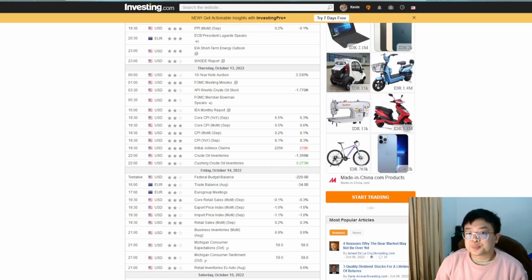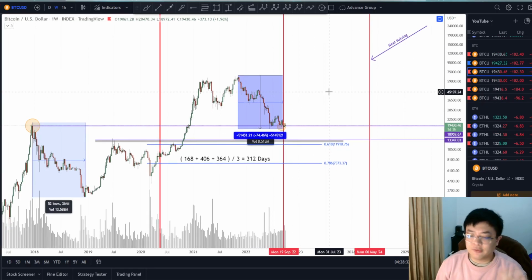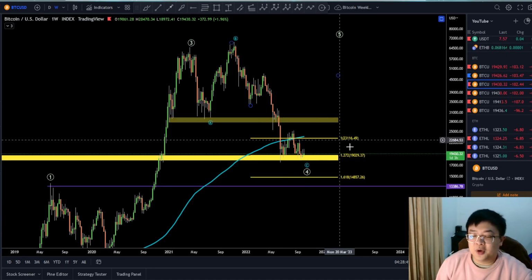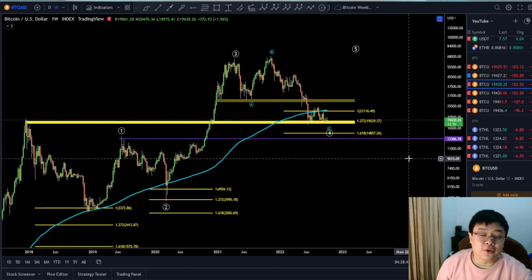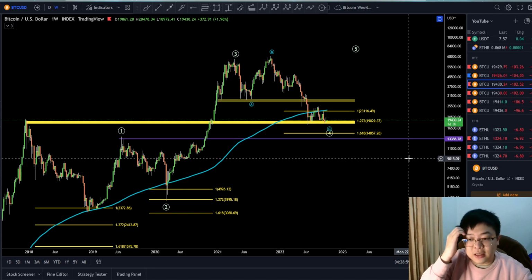All right, so that's one of the very important aspects that I think we have to know for the very first analysis. And then the next one I'm using is Elliott Wave theory. Basically, I'm using this Elliott Wave theory for my higher time frame analysis, such as daily or weekly time frame. And I'm thinking that right now we are still in the corrective phase of wave 4, because the progress right now,